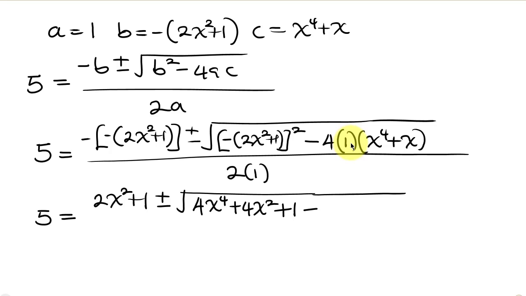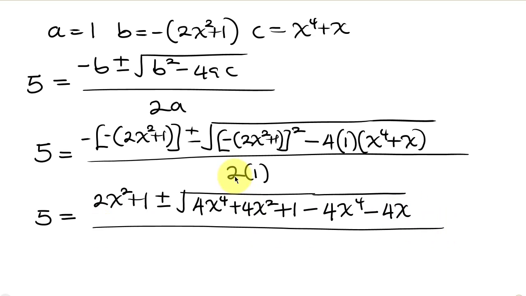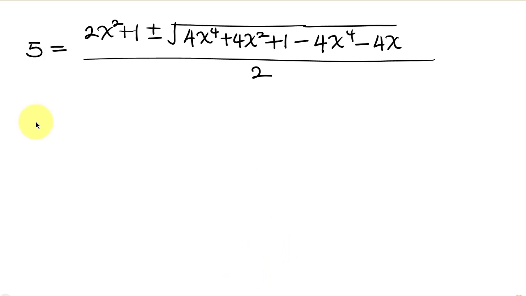Now 4 times 1 is 4. So 4 times x to the fourth will give 4x to the fourth. Then this negative times this positive gives negative. So 4 times x is 4x. Very good. So all over the denominator, 2 times 1, that is 2. So simplifying what we have here, you see that 4x to the fourth minus 4x to the fourth will be